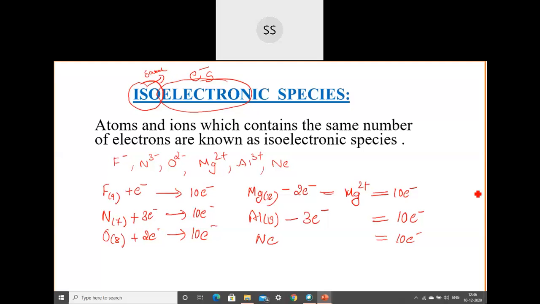So remember, more is the positive charge, smaller is the size. More positive charge means they are deficient. Deficient means they are poor, so smaller area. More is the negative charge, more electrons. More electrons, more is the repulsion. More repulsion means larger will be the area. So size wise, if they ask you to arrange, remember: more negative, larger the size. More positive, smaller size. This should be the idea you have in your mind.